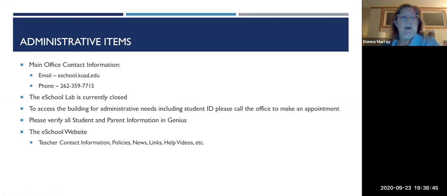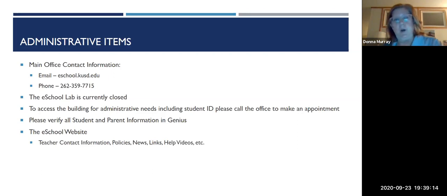So here are the main office, eSchool, and phone numbers. You also have a main office phone number to call if you wish for general administration items. How do I get my ID? Or can I come into the lab and get some help with my work?